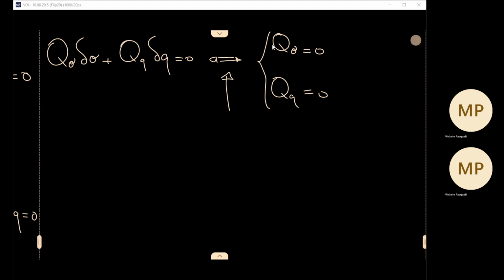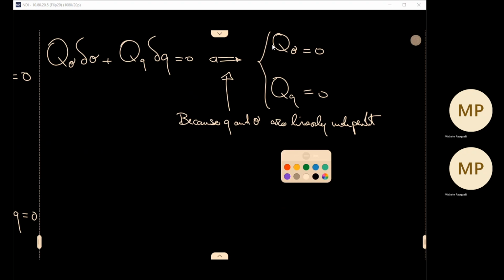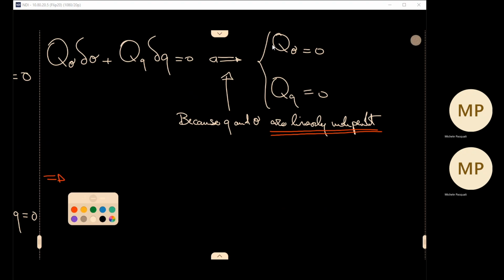Because Q and theta, sorry, are linearly independent. And therefore, eventually,